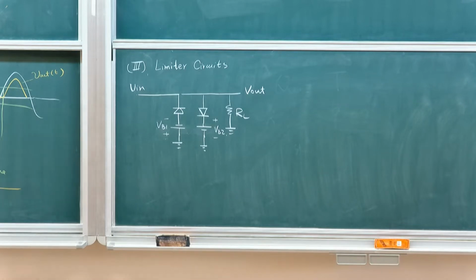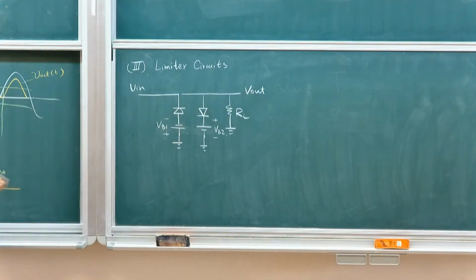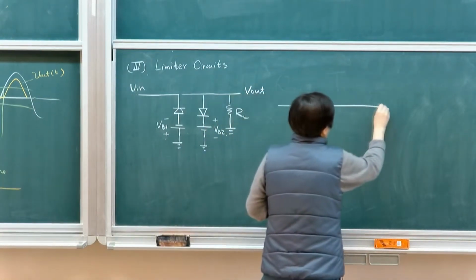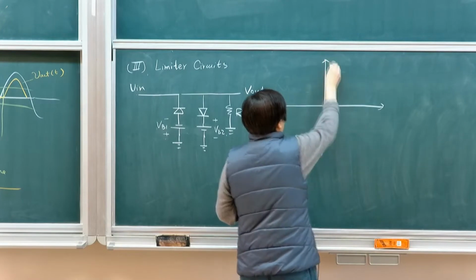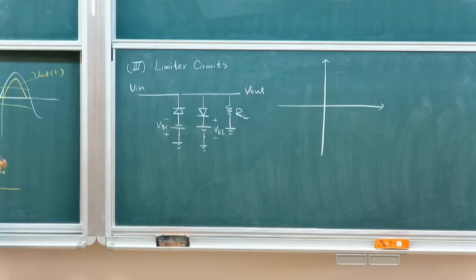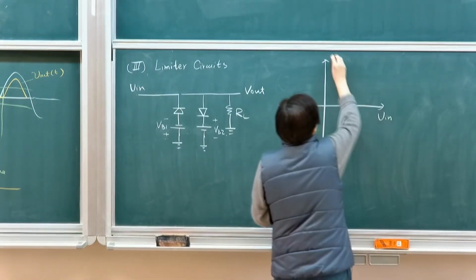So this is called the bridging because it's bridging input and output. But I can actually place the diode underneath in parallel to our load. So this type of circuit would then have an opposite response than this. It will look something more like, if I want to try to draw, you can actually do the exercise as we did before to find out the zones. But I just want to give you the typical response of this type of circuit. It will look something like this. If you want to draw input,